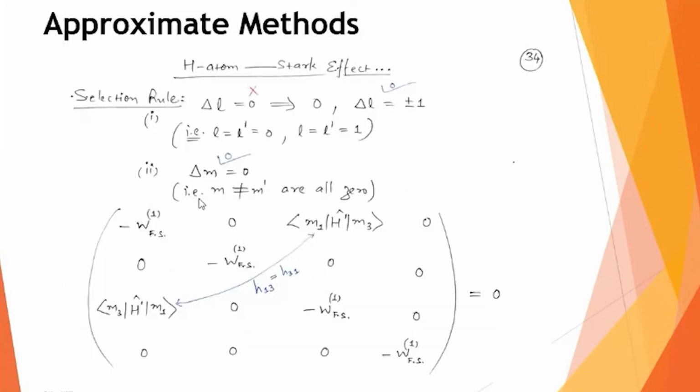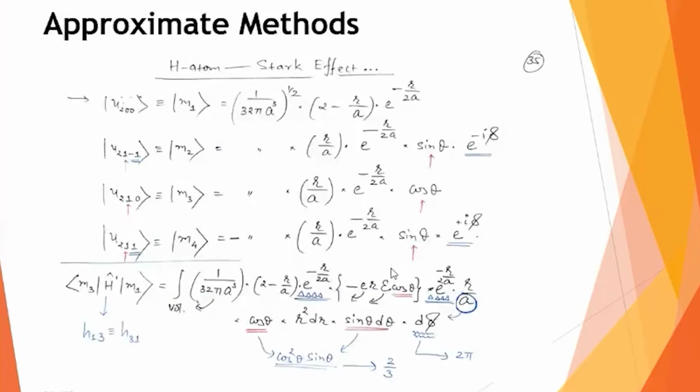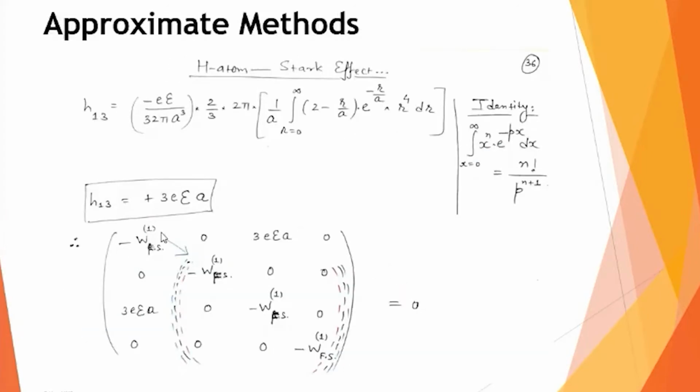So my determinant will look like this. All this W1, the first order correction will be as it is, but this H13 or H31, that I will replace as PE epsilon. So my 4 cross 4 determinant will look like this. And obviously this is 0. So I have to now open up the determinant. I have to calculate this determinant, and something what you do for the 3 cross 3 determinant, same thing I can do for this 4 cross 4 determinant.